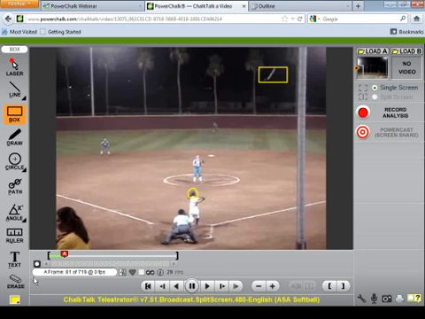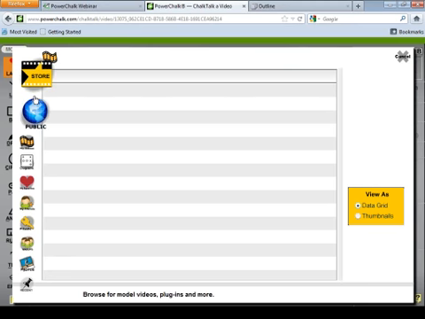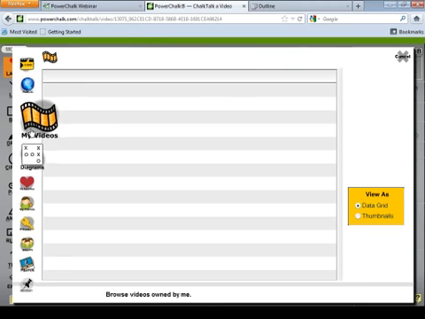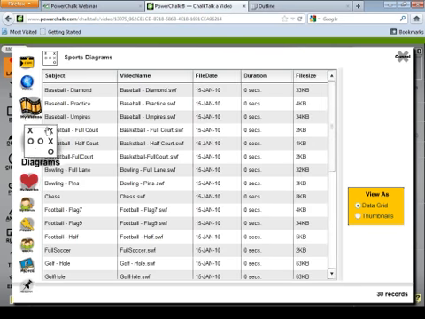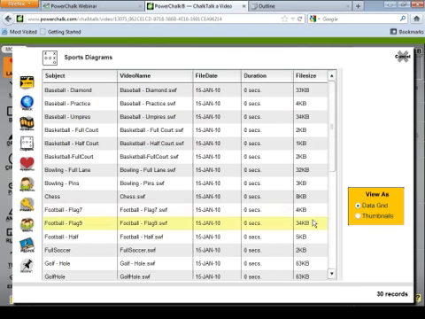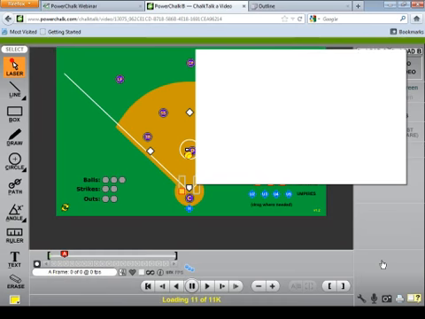And now, Katie, here's what we'll do. We'll erase those two markups, and I'm going to go in and show people kind of behind the curtain that when you go to load a video, I can go up, and here's my public videos, my videos that I have saved. We have diagrams. These diagrams can be used to analyze if Katie was talking about cutoffs and relays.